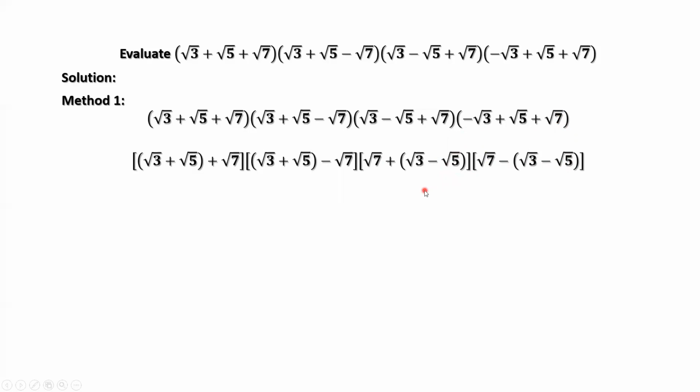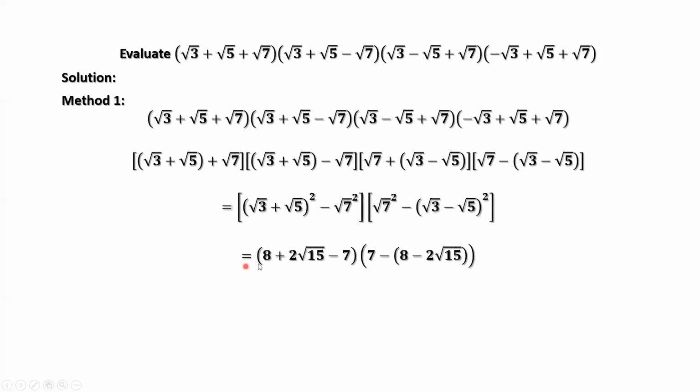We use the difference formula for squares. A plus B times A minus B. Similar here, A plus B, A minus B equals A squared minus B squared. Here also, we have A squared minus B squared here. Simplify the inside product of the first group. Also, simplify the inside product of the second group.